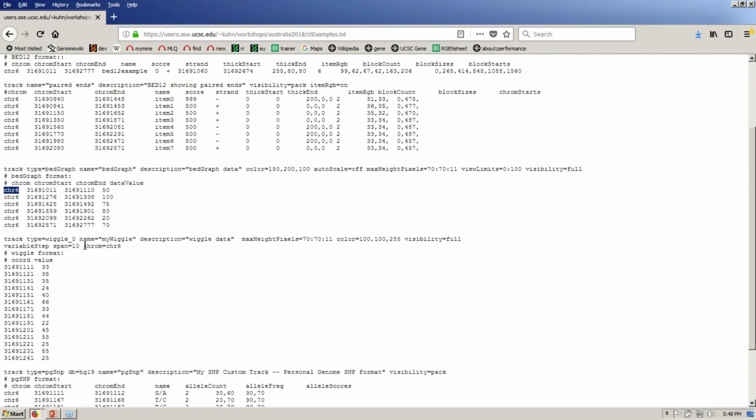So the Wiggle format lets you pull the chromosome value out of that first column and just write it once. Chrom=chr6 shows up in the header, and you dispense with the first column. Now, if your data are uniformly spaced, in this case I'm putting them at every 10 bases, you can compute the second value from the first value, so you can throw away up to 9